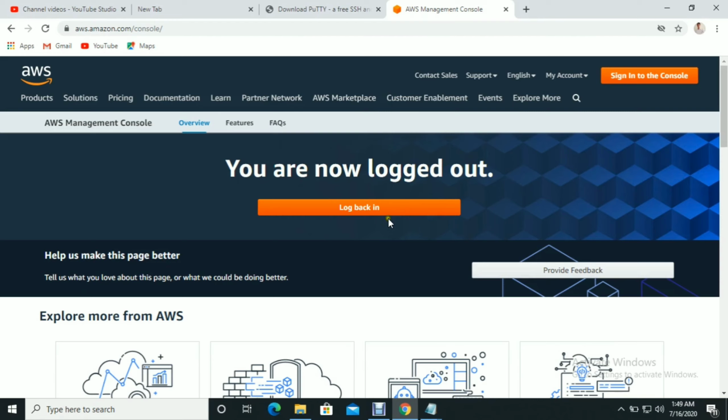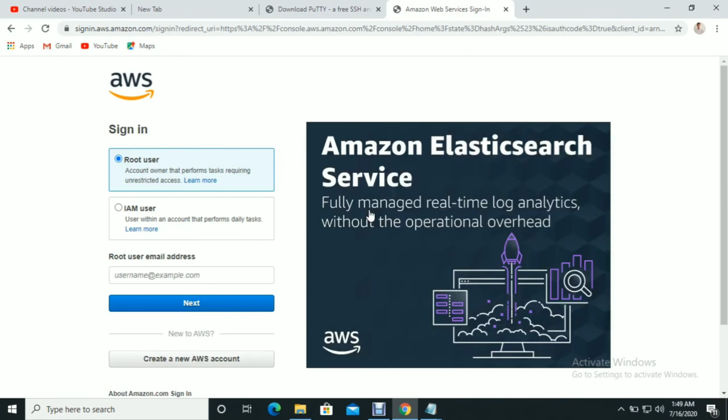I'm going to log in to my account. I already created a free trial account. Once you come to this page, this is the AWS console page. The console page means all the server related information, all the infrastructure related information like storage and networks in Amazon. It gives one platform where all the information is available. That is the Amazon console.